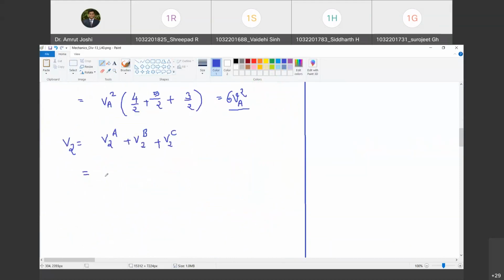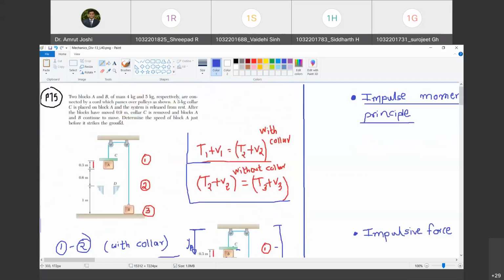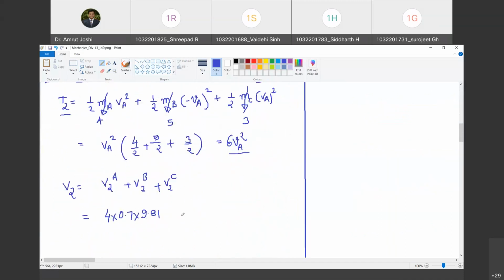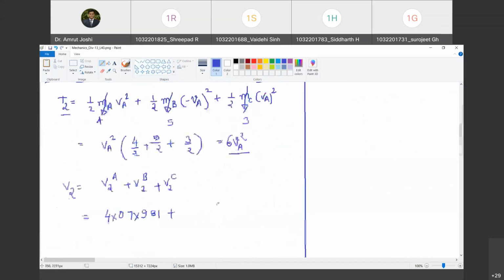So 4 into 0.7 into 9.81. What is the potential energy associated with block B at that time? As block A has moved down by 0.6 meter, this surface must have come up by 0.6 meter. So therefore the potential energy associated with block B is going to be 5